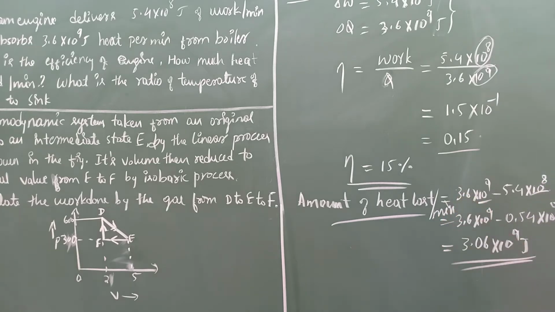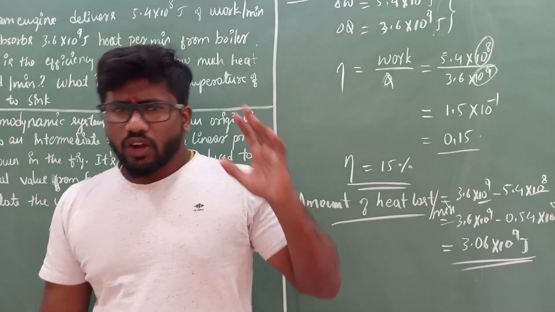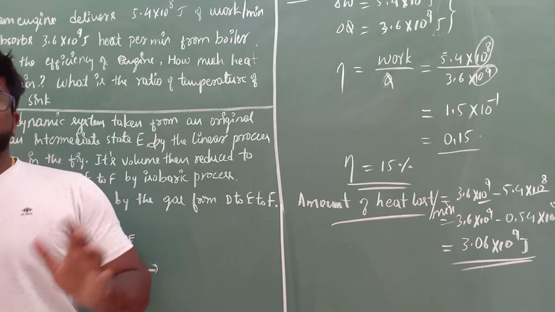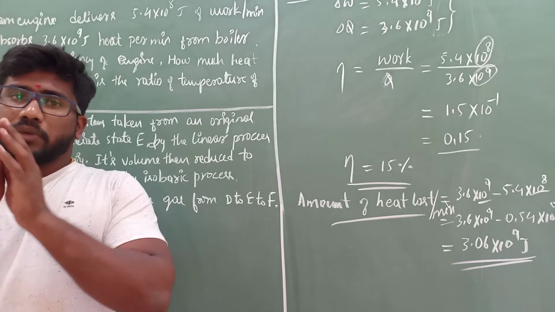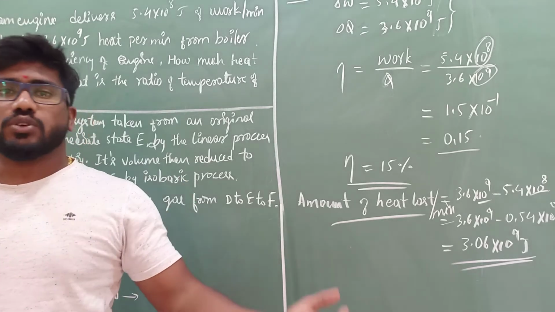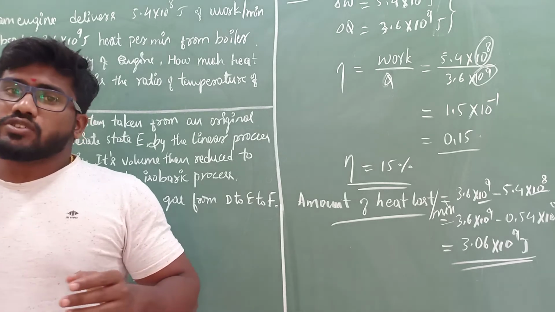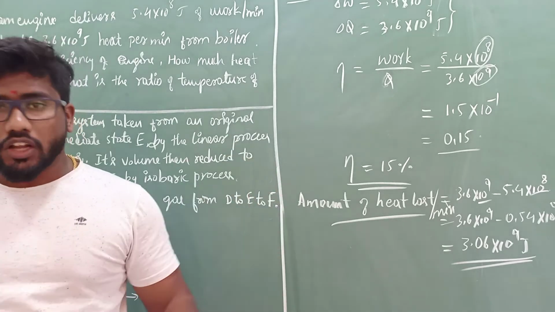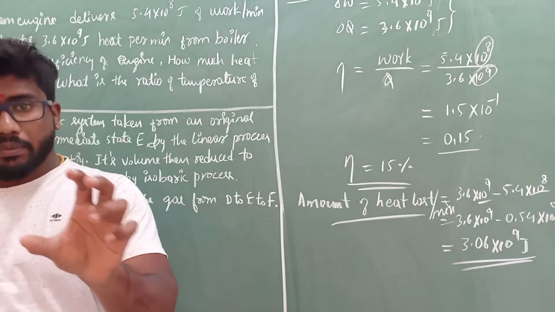So it is very easy, only the thing is you must understand the logic behind that. So what does it state? According to the first law of thermodynamics, if you take a heat engine and provide a certain amount of heat, a minimum amount of that heat is utilized to do work, and the rest of the heat goes to the sink. The heat which goes to the sink is nothing but the heat lost by the system, correct? So now we need to find that particular value.